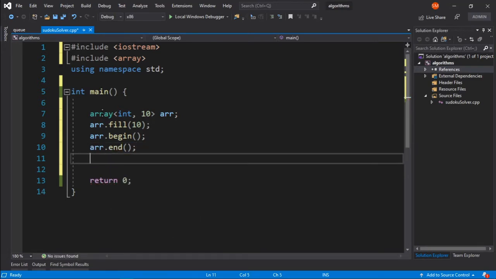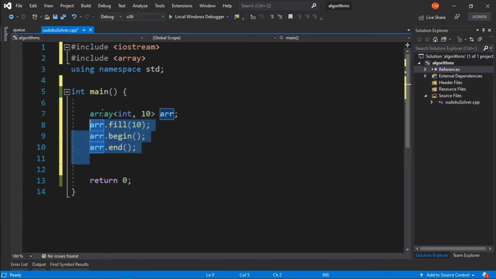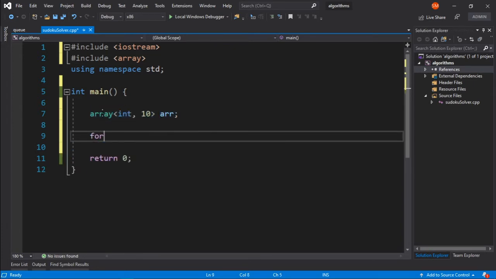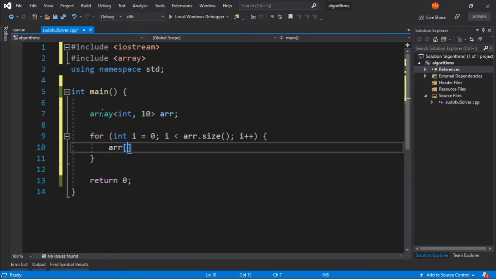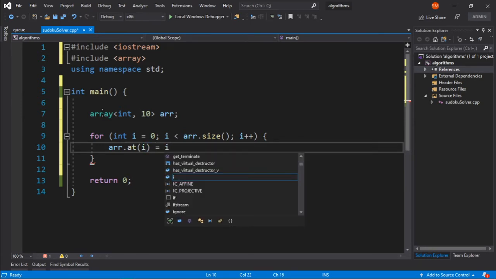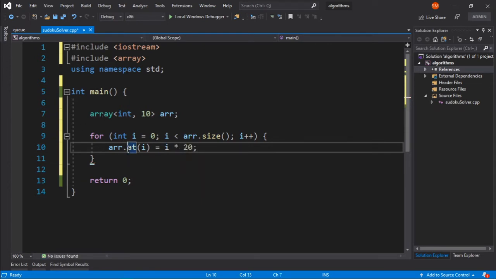But the coolest part is that you can call array dot size. So in the case of using this kind of arrays, you can simply say for int i equals 0, i is less than array dot size, i plus plus, and then we can simply access that array using the random access operator. Or, like vectors, we can use array dot at(i) to access the value of the array, just like we have used vectors or such standard template functions. So that takes care of that.